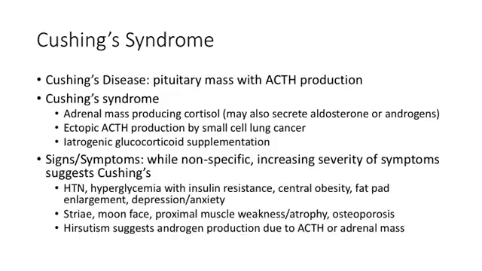And then the signs and symptoms, I think, are usually relatively clear in the question when they're giving them to you, although they are fairly nonspecific for the most part. But one thing I want you to keep your eye on is anytime you have increasing severity of something like hypertension and high blood sugar with resistance to insulin, that would suggest that this patient is actually Cushingoid. And then some of the more specific findings that can help you diagnose this are the striae, those big purple things that look like stretch marks, the plethora or the moon face, and if you're lucky, the exam question will give you something about proximal weakness and atrophy of the muscles.